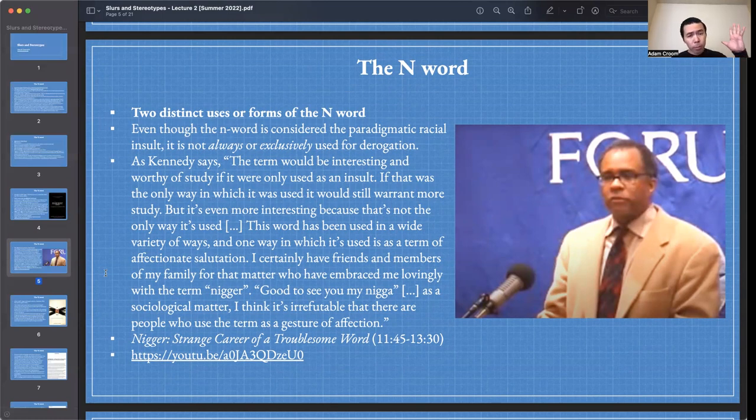Both out-group members using the N-word as they perpetuate violence towards African-American targets, but also that when this word is used towards African-Americans, they will often retaliate as this word is being hurled against them,